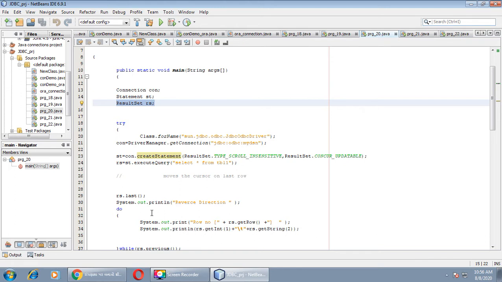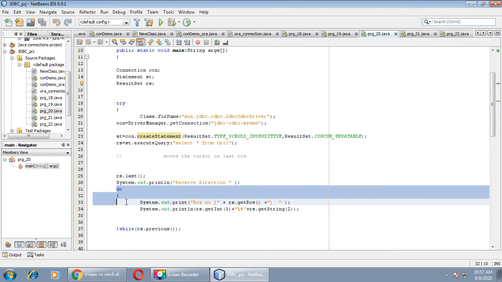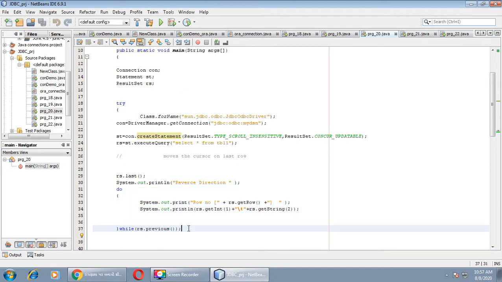So now we want to iterate in reverse direction, so I took a loop and used the previous method of ResultSet. Here a do while loop I have taken. I want to print all the records, right? System.out.println.